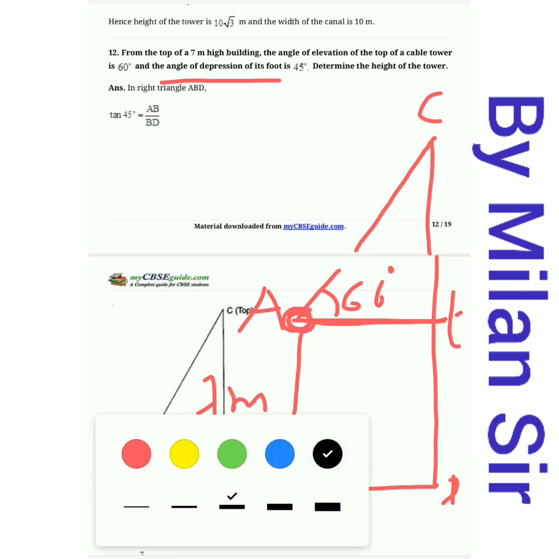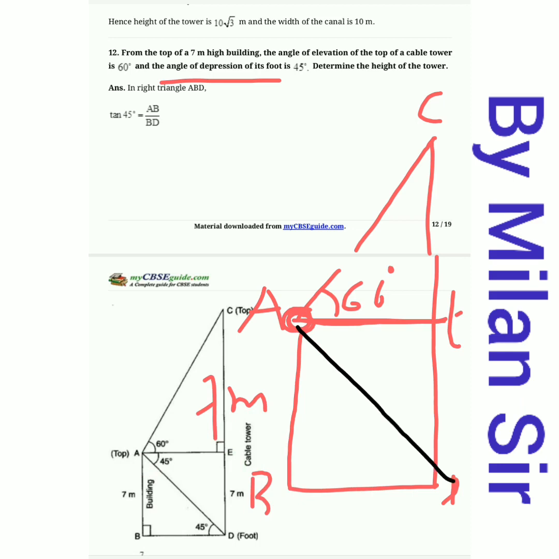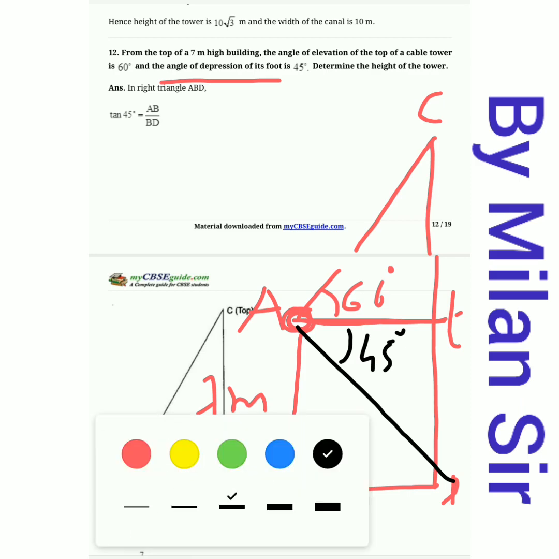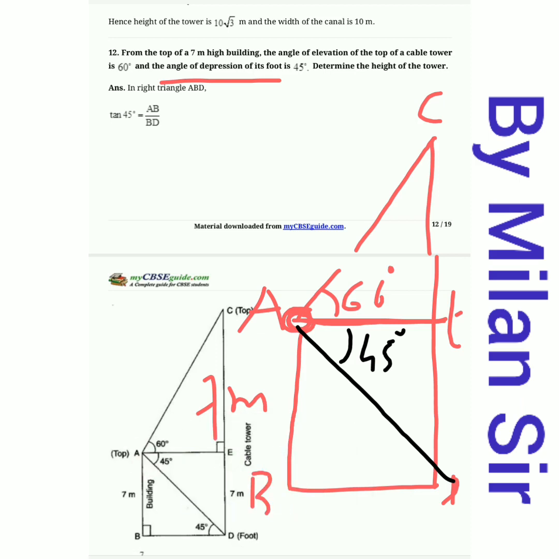So alternately we need to draw like this, right? Our AD is the line of sight. So it creates a 45 degree angle with the horizontal AE. It is the angle of depression, right? So the angle of elevation of the top of the tower is 60 degrees and the angle of depression to the bottom of the tower is 45. Both angles we need to draw with the horizontal, and we need to consider the acute angle.